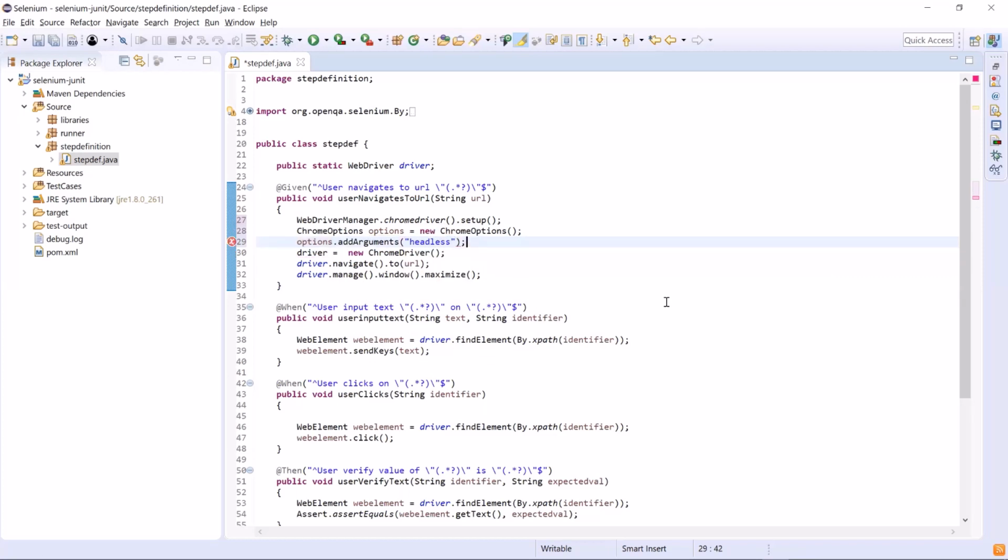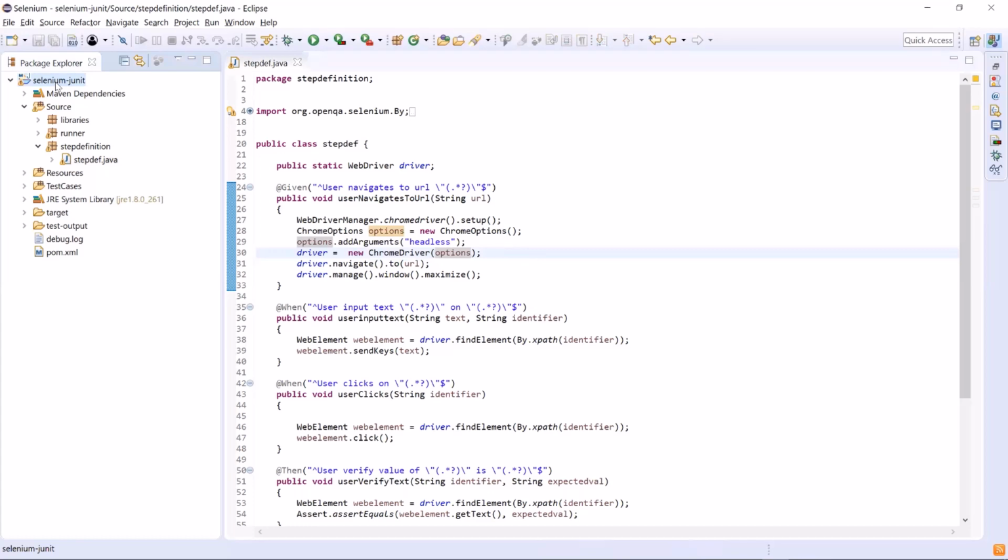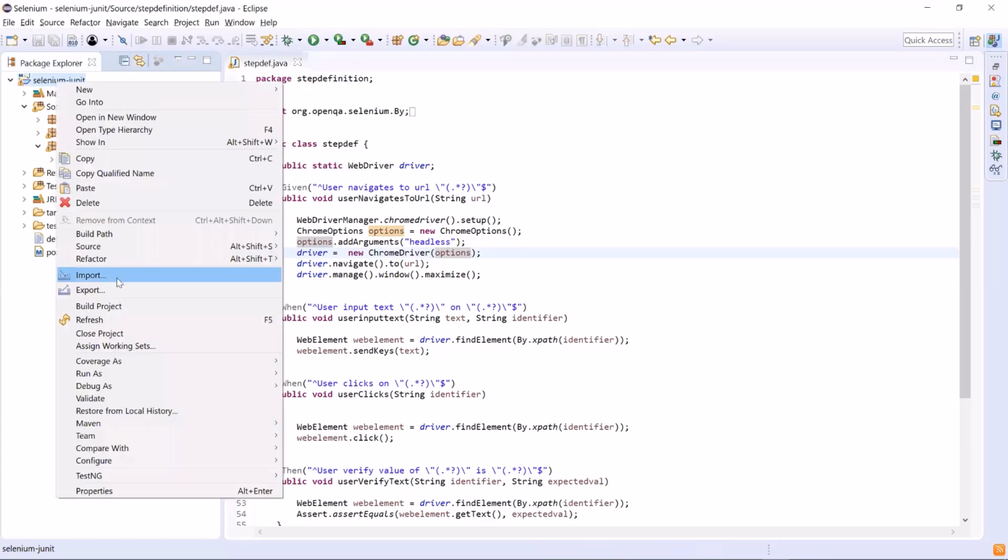Now pass this ChromeOptions object to the ChromeDriver. That's all we have to do. Now we are ready for headless execution. In case you want to use any other browser, you can initiate your WebDriver with those browser drivers. You can find the code for other browsers in the description. Now let's run the test.